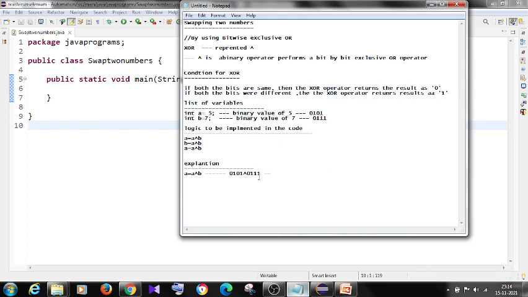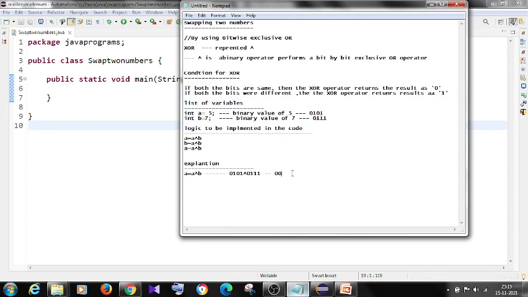See, it will start from left to right. 0 and 0, both are same, so it returns 0. The second one, 1 and 1, both are same, so it will return 0. And the third one is 0 and here it is 1, so both are different, and it will return 1.